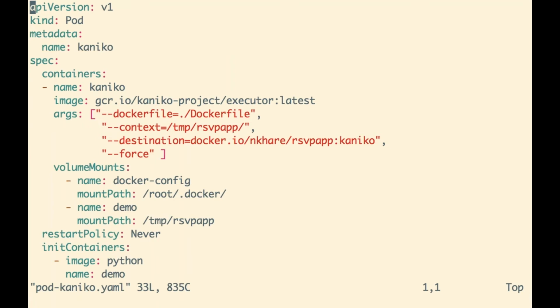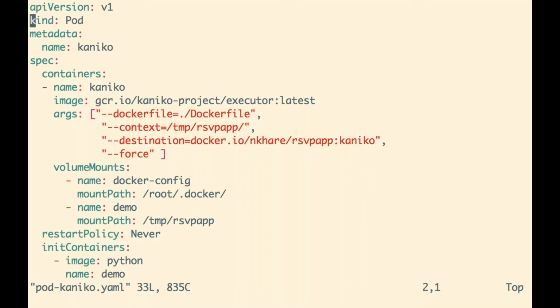This file contains how we could build an image using Kaniko directly on Kubernetes, right? I know that we haven't covered Kubernetes in detail yet, but I assume that you have some basic understanding of Kubernetes to understand the content here.